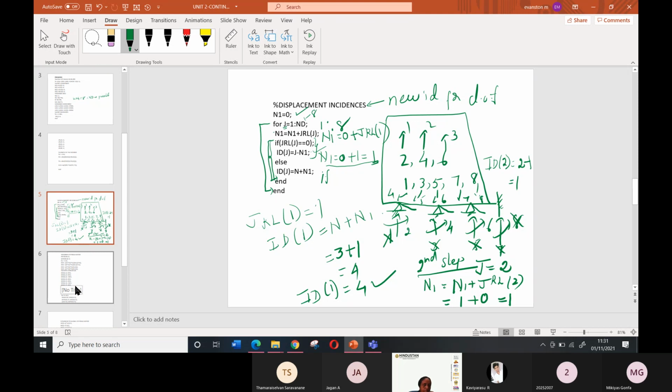Tamilselvan, you also copy down, and the remaining things you will learn from them, otherwise I'll explain. Shall I move to the next slide? Yeah.